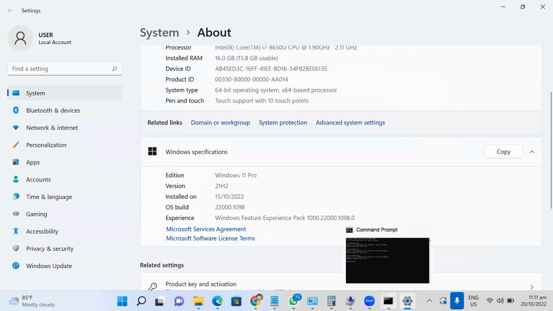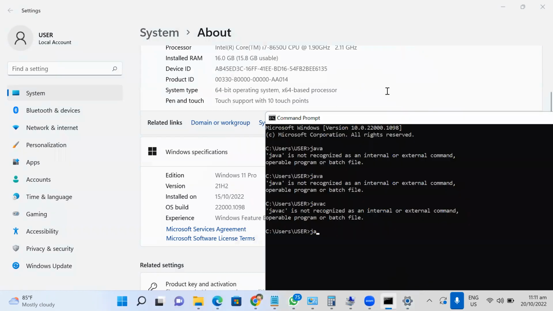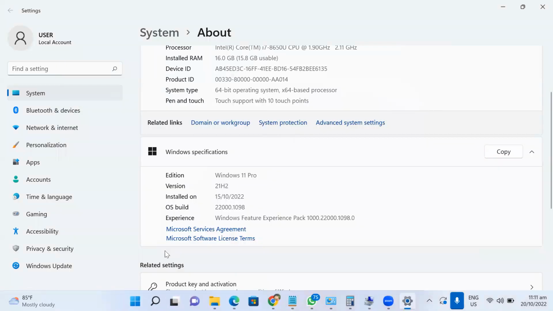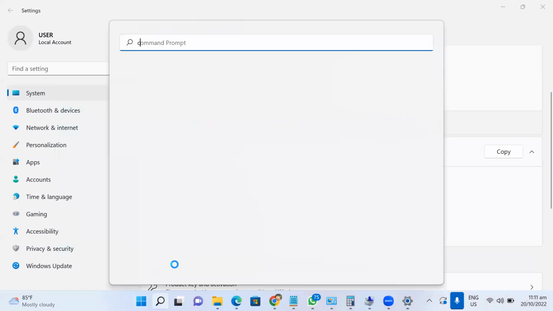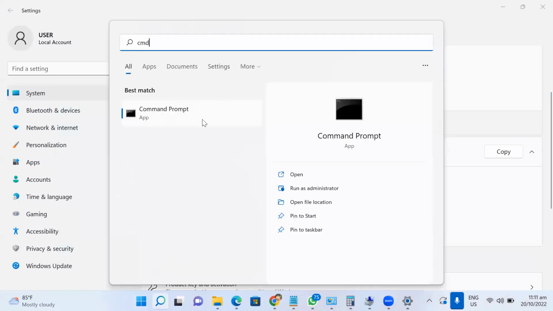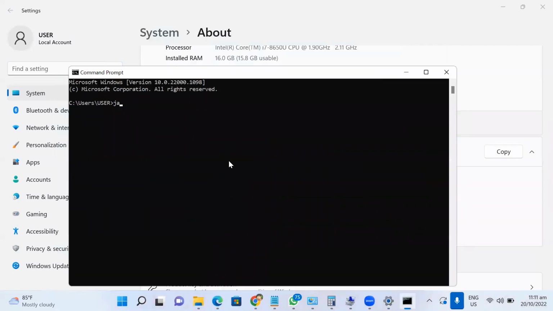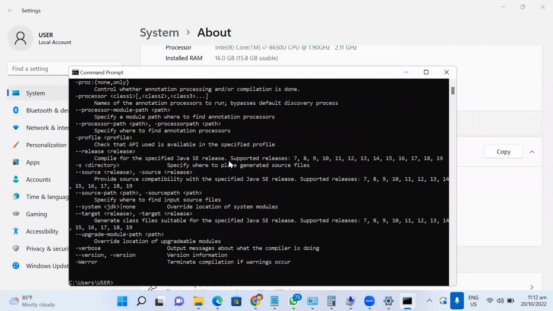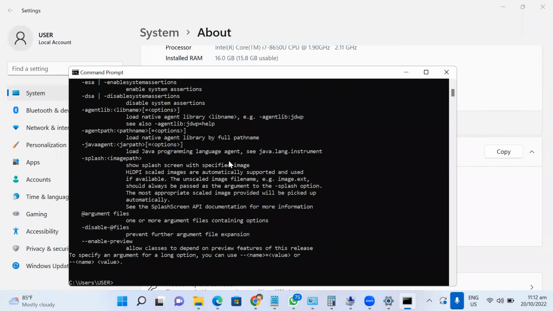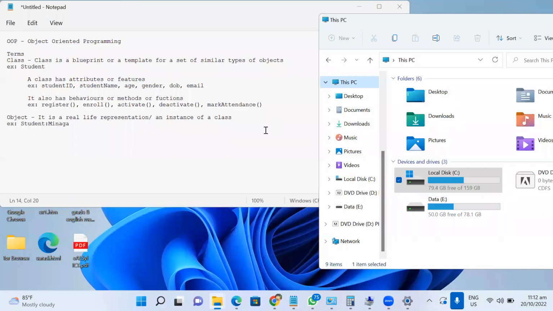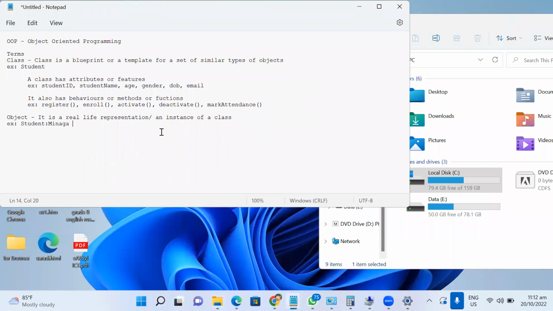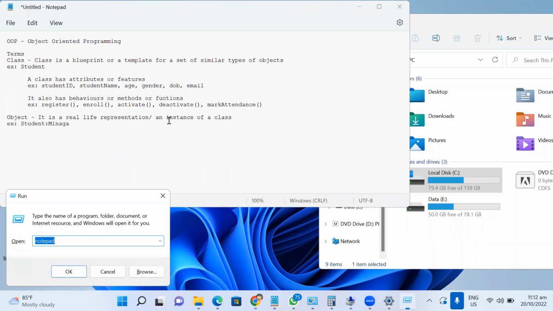Let's try to put the command again. Now javac. I'll close it again and try. Okay, done. Now the command is working. Fine. Have you finished writing this? Yeah, I have. Okay, so let's go to